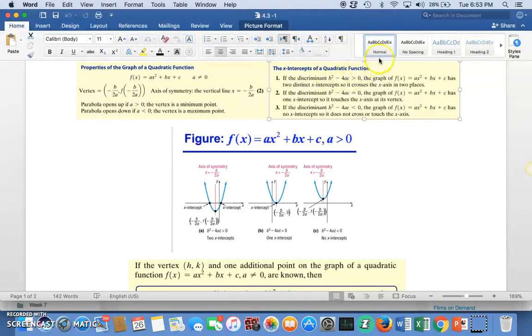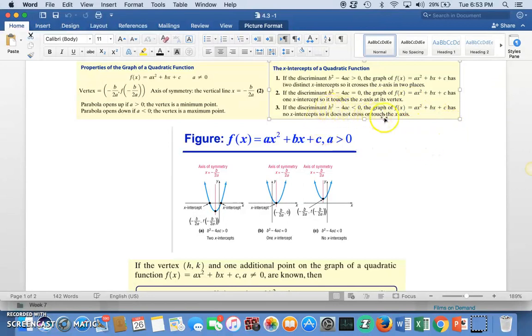One of the things that you can tell a little bit about is by finding the discriminant. The discriminant is the b squared minus 4ac. That's part of the quadratic formula. If that's greater than 0, you have two distinct x-intercepts. If that is equal to 0, you will only have one x-intercept, and that is actually the vertex of the